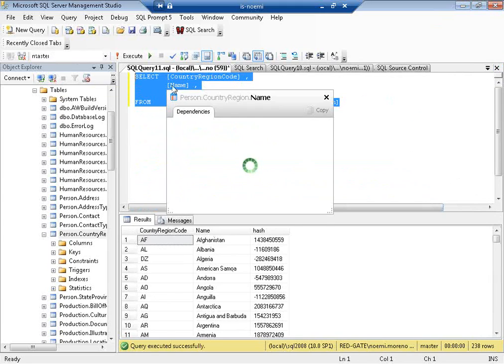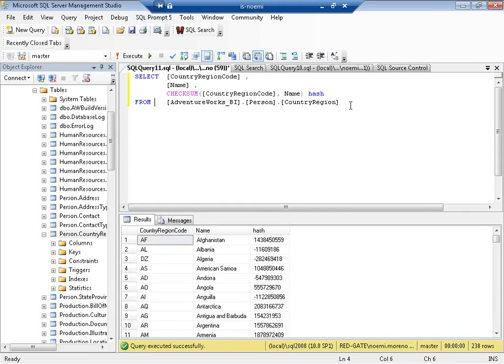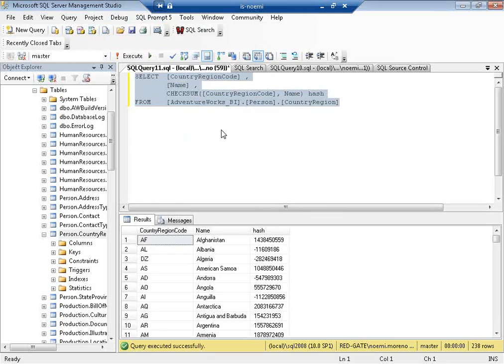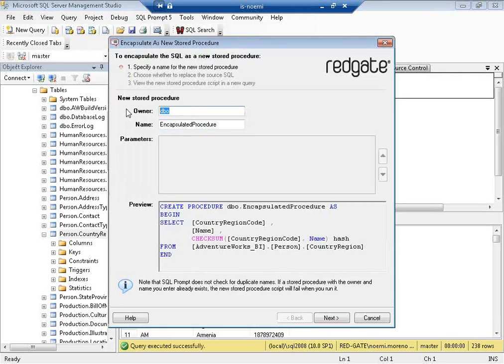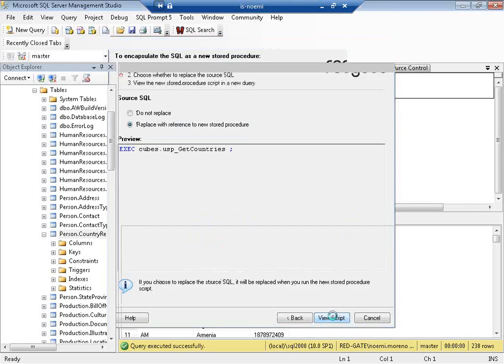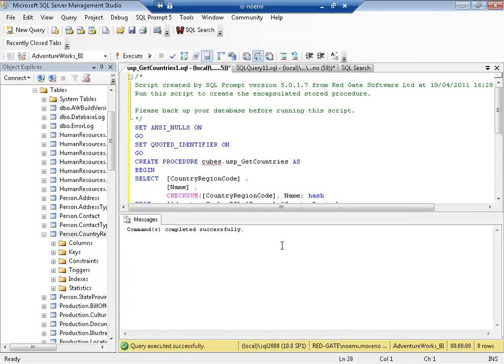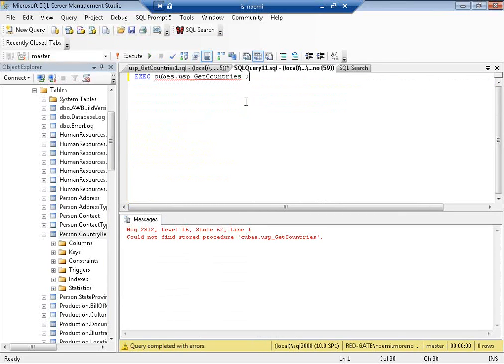So I'm going to create, using SQL Prompt. So again, I select the query, SQL Prompt, encapsulate this as a new stored procedure. The schema is cubed, so it's easily detectable in our AdventureWorks database. And then if we go into usp_GetCountry, and that's the name of the stored procedure, I click next, view script, now it's there. I can now select the correct database. I create the stored procedure. I can execute and